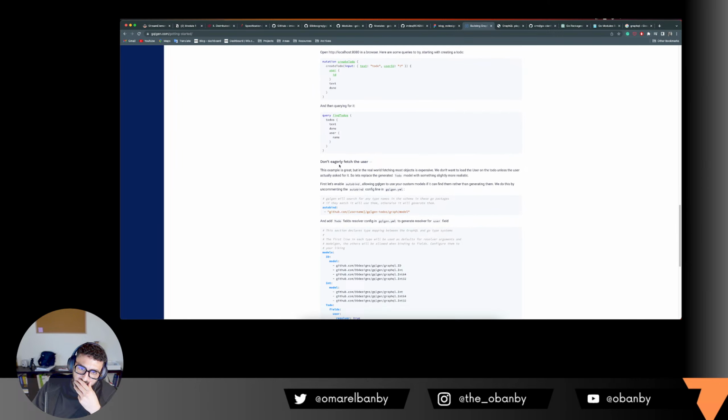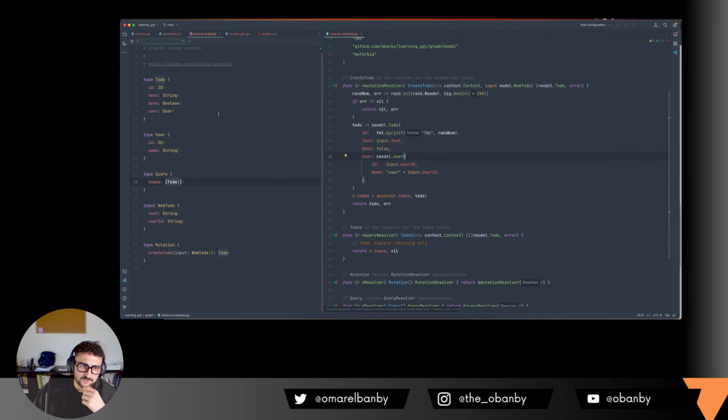So don't eagerly fetch the user. This example is great, but in the real world, fetching most objects is expensive. We don't want to load the user on the to-do unless the user actually asked for it. Okay, so let's replace the generated to-do model with something slightly more realistic. So now we're gonna look into a very interesting thing, right? They pointed out is like